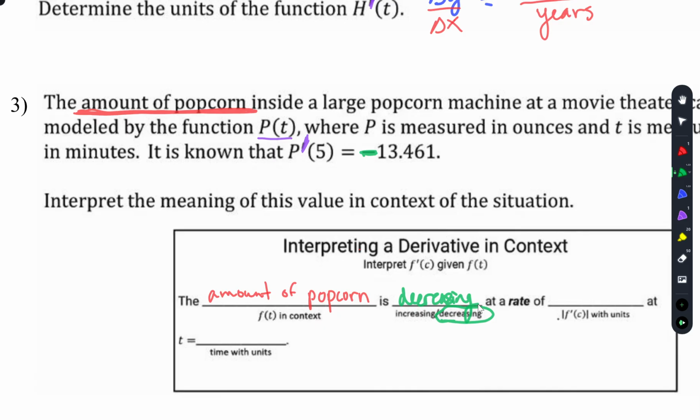This format especially helps when you're dealing with a second derivative and it's kind of hard to explain, okay? So for P of t, you're talking about what it is before you took the derivative. So before you took the derivative is regular P, so it's the amount of popcorn, and that amount is decreasing because it's negative, at a rate of